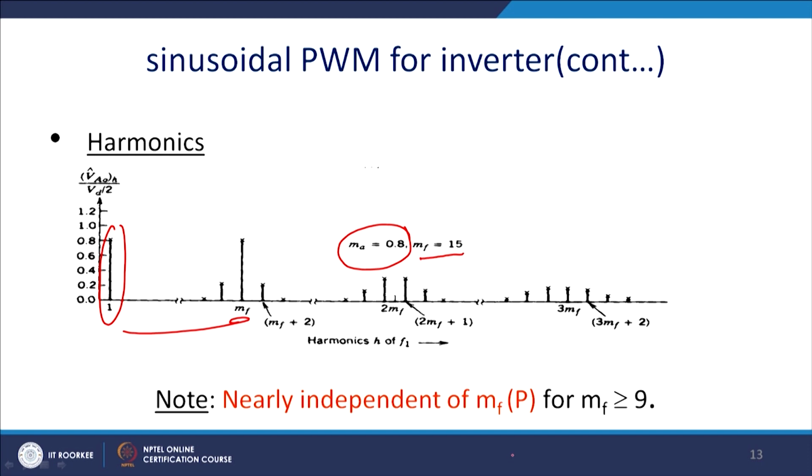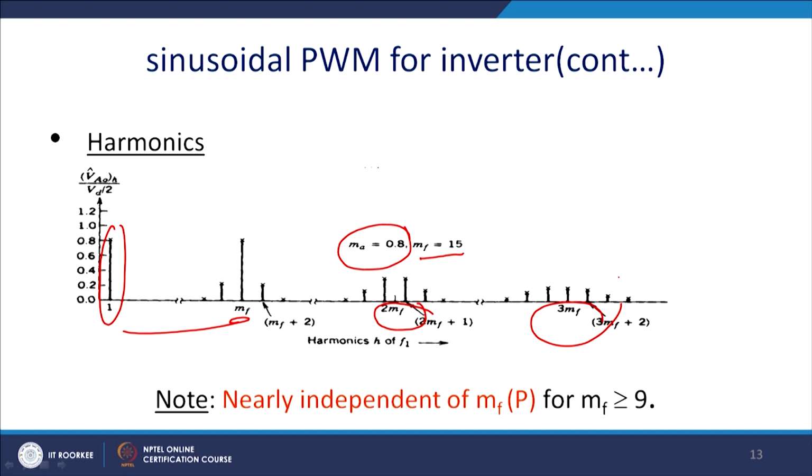And we can choose an MF in such a way that it should be an odd number, then we will find that only the odd harmonics survive, and in that way we can eliminate the even harmonics. And then again it will be available in 2 MF and subsequently 3 MF like that.